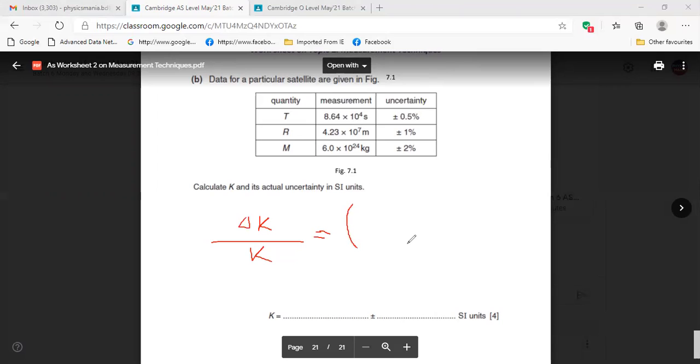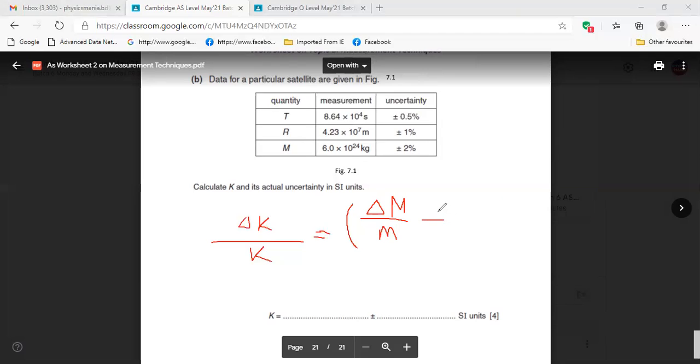What is the rule? From the formula it will come, k equals m t square by r cube. So we have del m by m, right? Yes, sir. You write the way I'm writing, then you'll understand. Del m by m